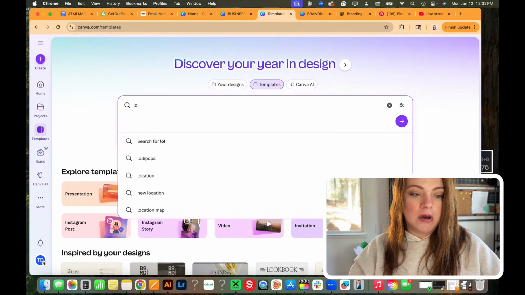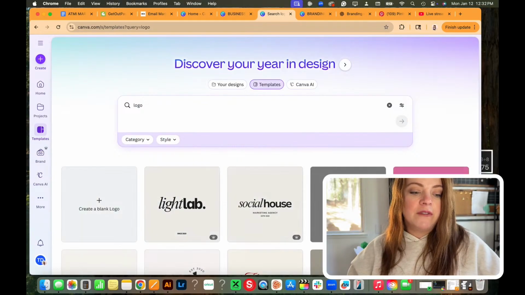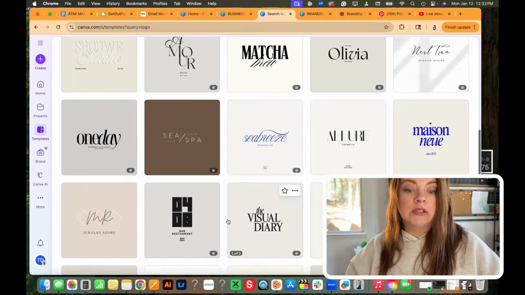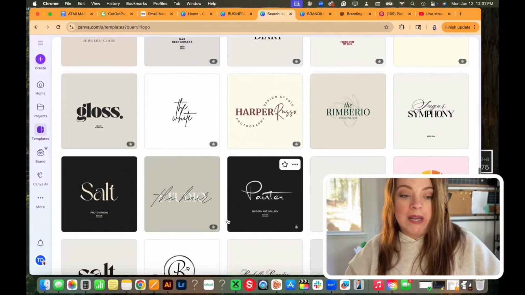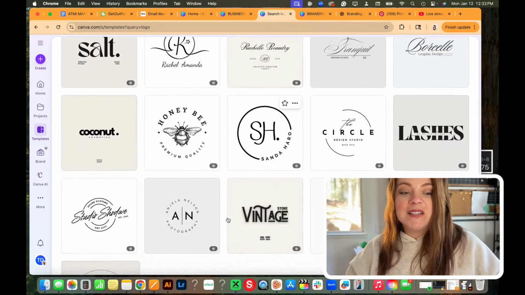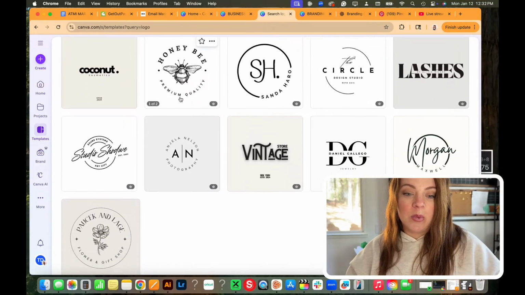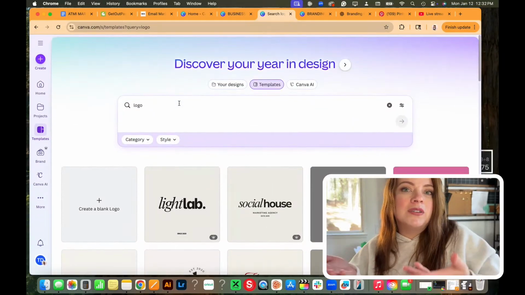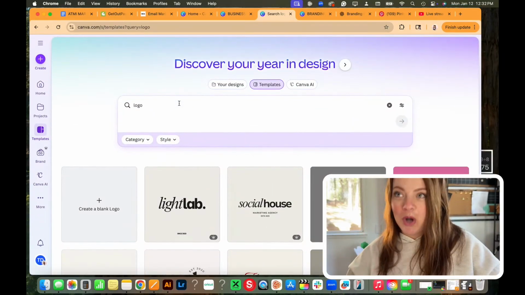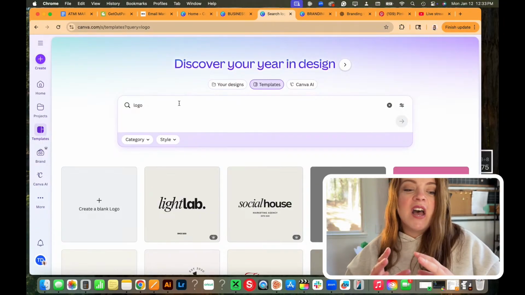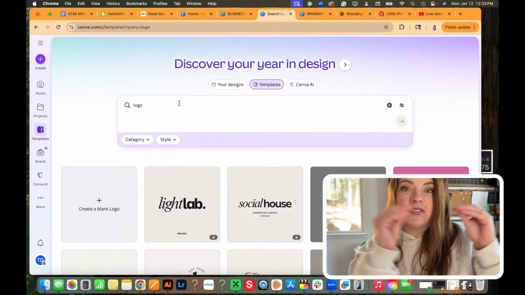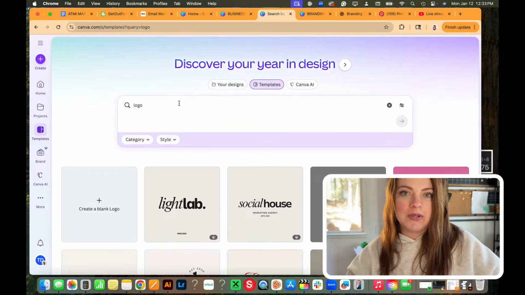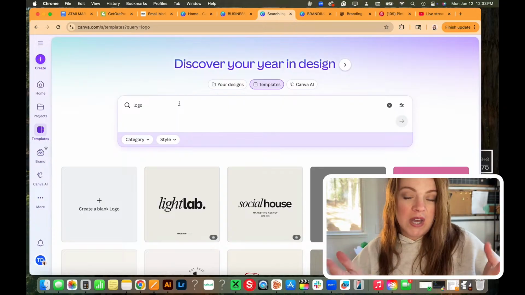So I'm going to type in logo under templates and you're going to find that all of these logo templates start to come up. And a lot of these are really great already. But this is going to throw you into a world of, oh, you have a logo that everybody has. This is a common problem I see on Canva. I've seen stuff from the top two or three things so often and then it instantly just tells you that person one is using Canva, which is fine, but